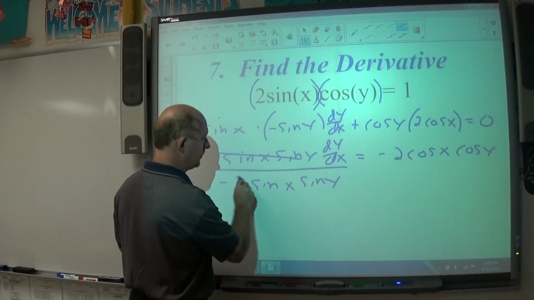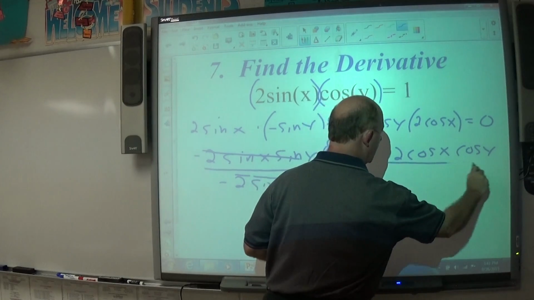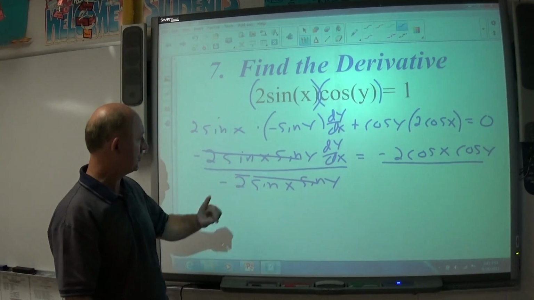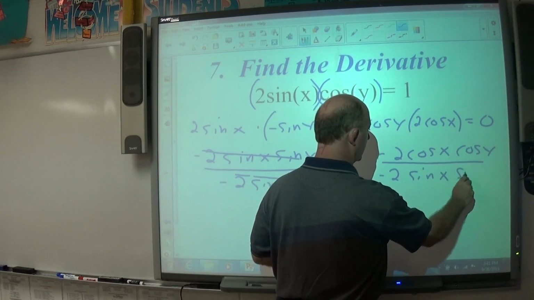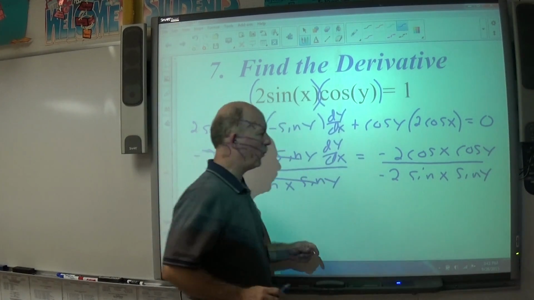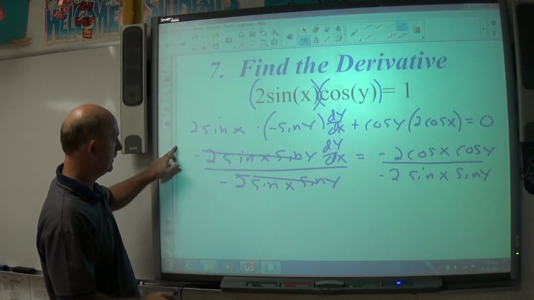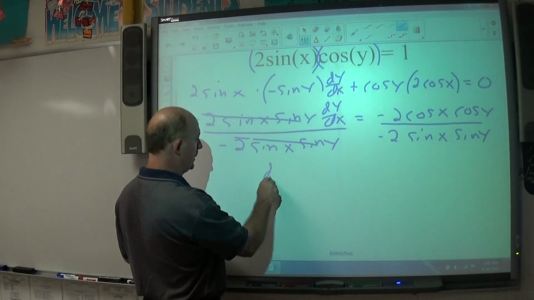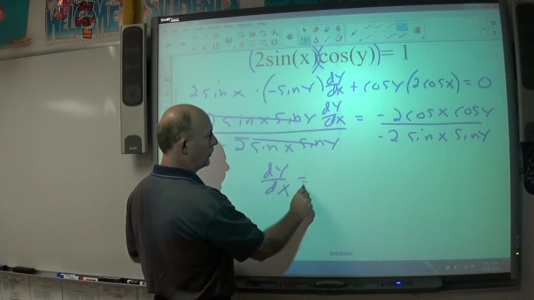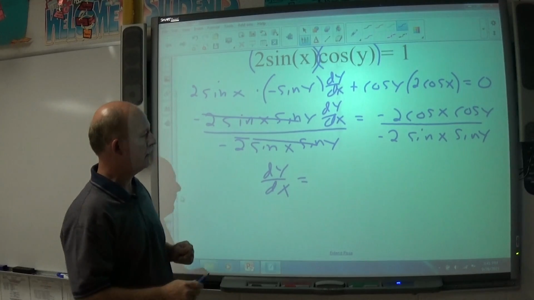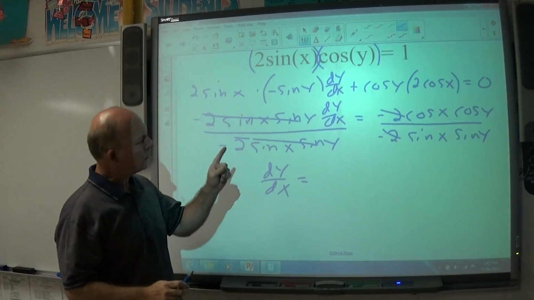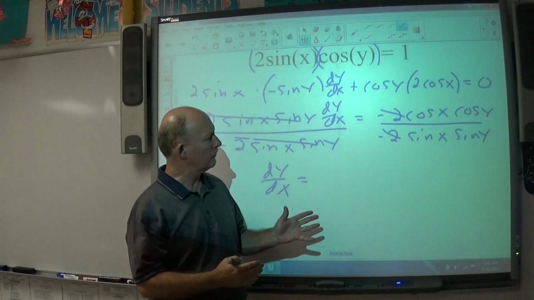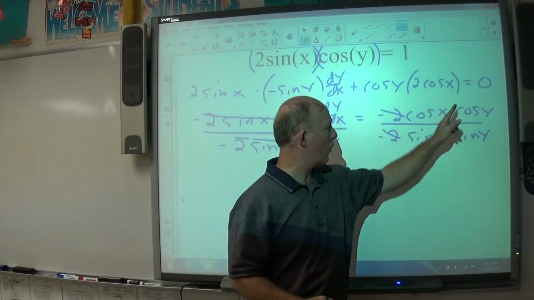These two cancel out. And we're going to divide the right-hand side by negative 2 sine x sine y. All right, now we're almost done. dy over dx should be equal to... Now let's see if we can simplify this. Now the negative 2's cancel out immediately. Now also I notice as I look at my answer here, we have cosine x cosine y divided by